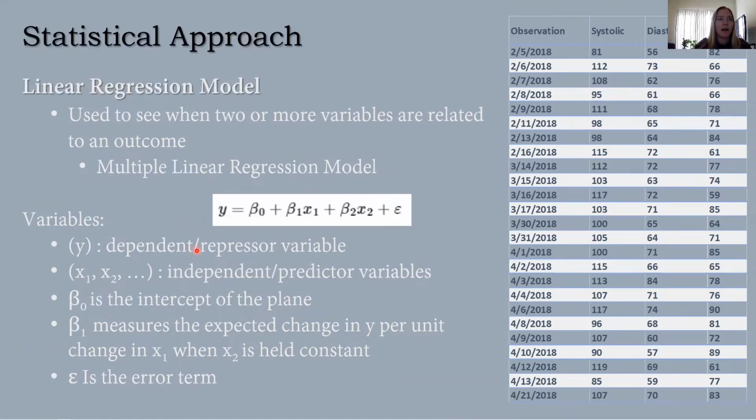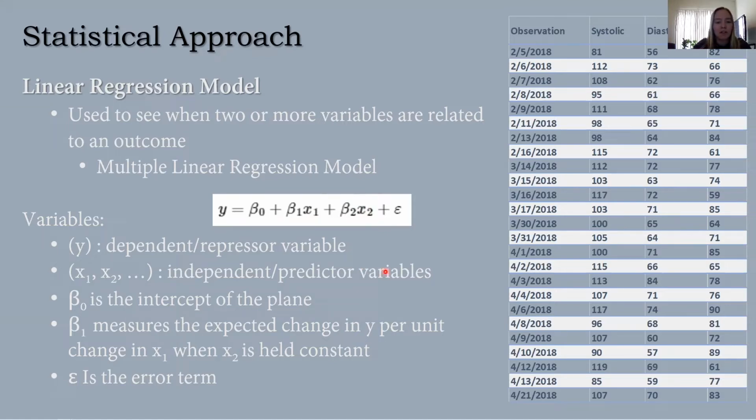let's talk about our statistical approach. So we are going to be using a linear regression model, and a linear regression model can be used when two or more variables are related to an outcome. And a multiple linear regression model, as shown here, can be used when there's multiple x values. As you can see, there's x1, x2, you can even have more, but in terms of this problem, we have